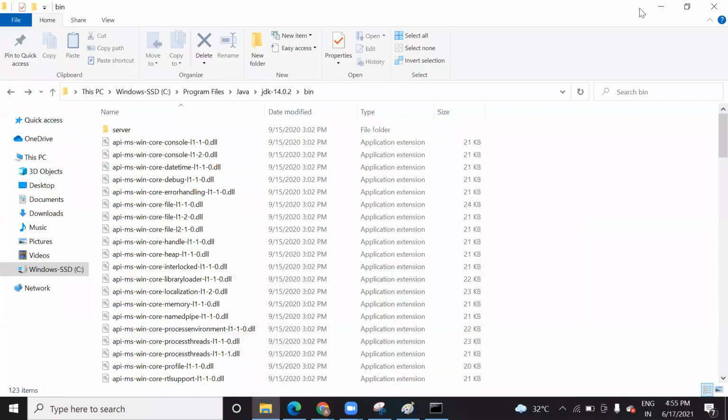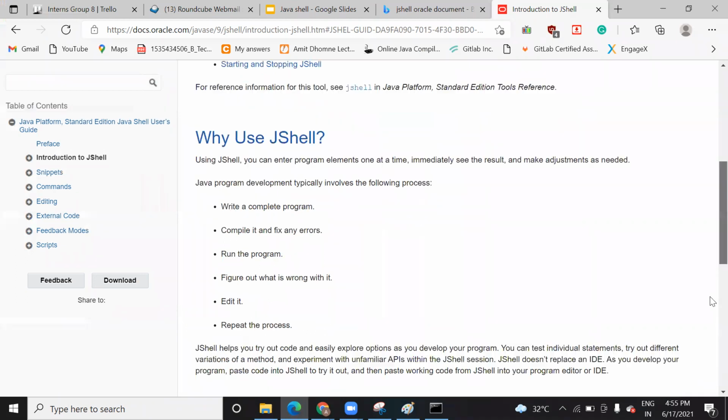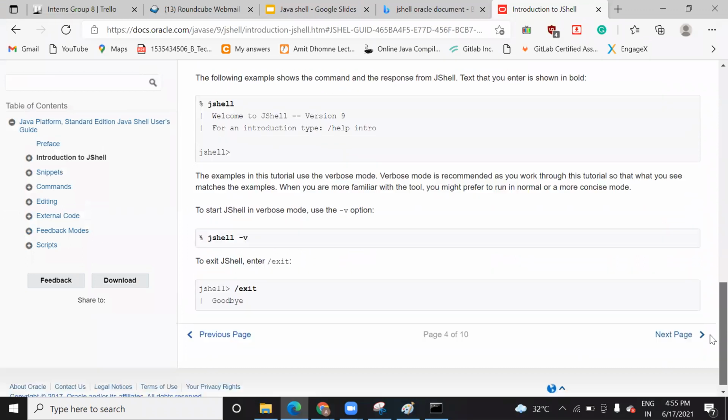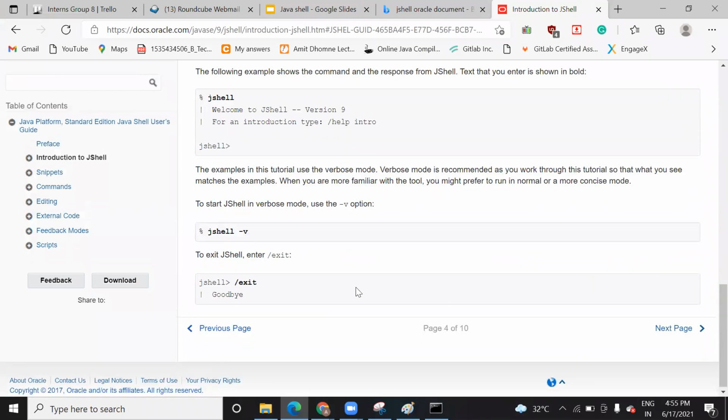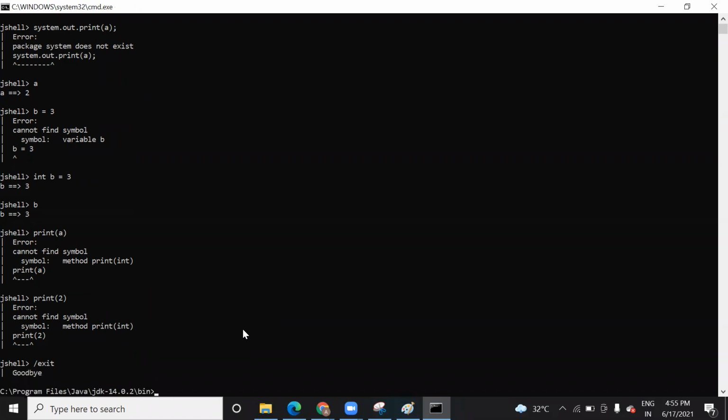You can explore more on this, different kinds of things you can explore here. Let me show you. So we have seen what JShell is and what different functions you can do, but we need to explore more on this. Suppose you want to exit it, how can you exit JShell? You just need to type exit. So see, you can exit out of that. It will show you the message goodbye and you can exit it. If you want to start again,